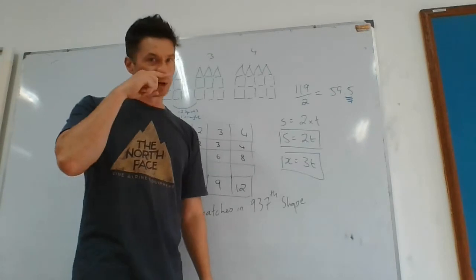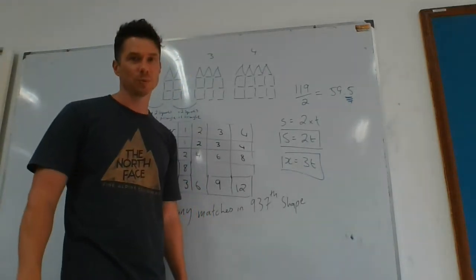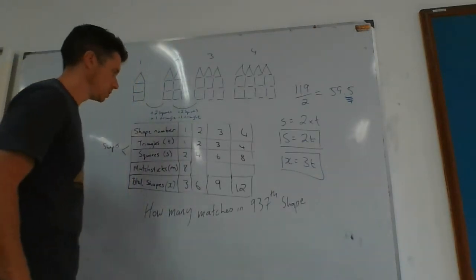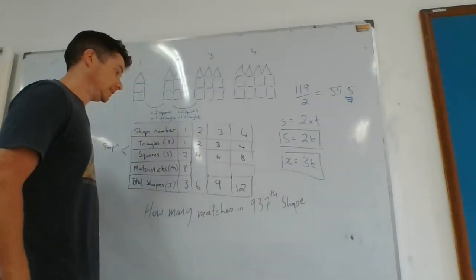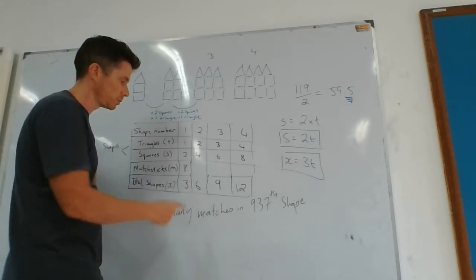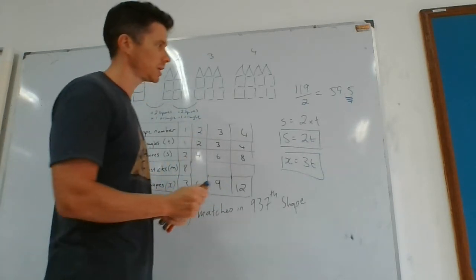Can there be a picture with 1,923 shapes in total? Could be if it's divisible by 3, because the total number of shapes goes up in 3s: 3, 6, 9, 12. So if that number is divisible by 3, which we can test,